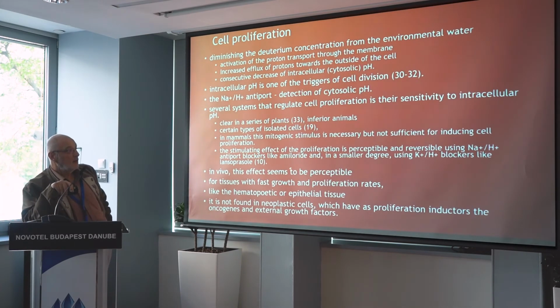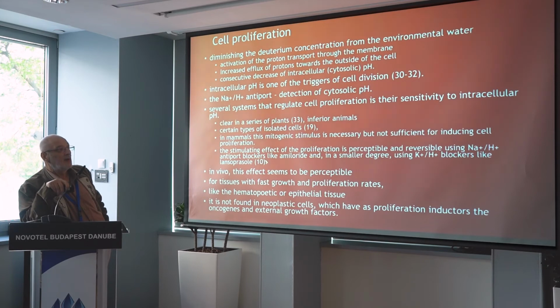proliferation. The stimulating effect of the proliferation is perceptible and reversible using blockers like amiloride, that I tried in cell cultures, and it reduced the stimulating effect of deuterium-depleted water. And to a smaller degree, using potassium hydrogen pump blockers like lansoprazole. In vivo, this effect seemed to be perceptible only in tissues with fast growth and proliferation rates, like the hematopoietic or epithelial tissue. And it is not found in neoplastic cells, which have as proliferation inductors the oncogenes, and various